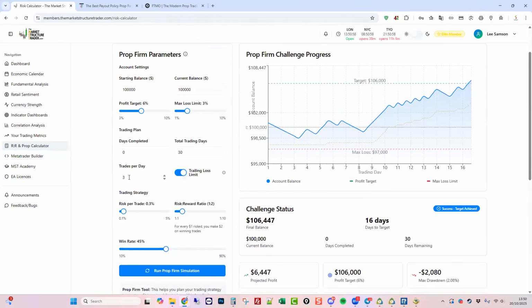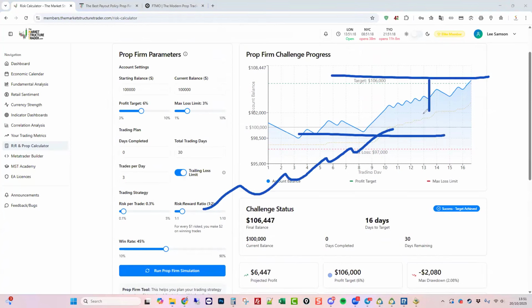We're not interested in hitting a target. We're interested in staying alive to get paid. That's the goal. Once you've got funded, you drop your risk by 50%, a little more if you want to. Your goal is basically to trade up the account over a level where you can make a withdrawal. So most of these prop firms